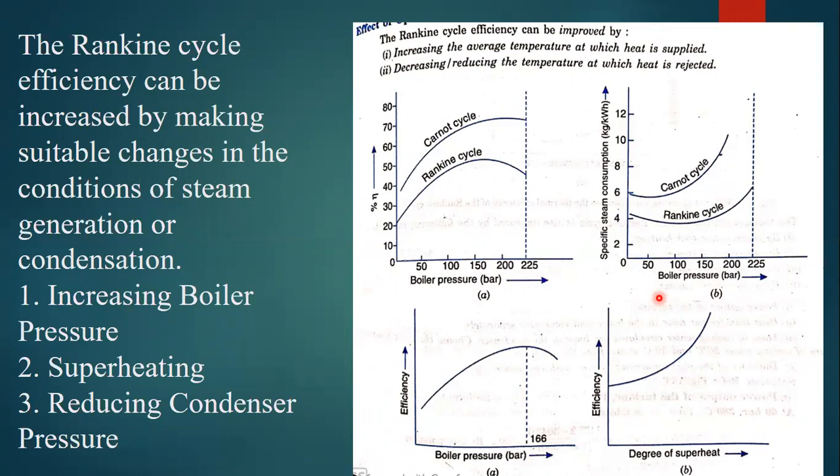Why? Because to run the boiler for one hour, it will take some 1,000 kg of fuel. We are going to use solid fuels here, like coal, charcoal, and anthracite, different types of coals, in the external combustion of the Rankine cycle or steam power plant. So as the pressure goes on increasing, the amount of fuel to be consumed is going to be reduced. That's why the efficiency is going to become higher.